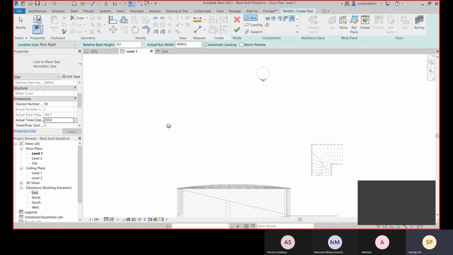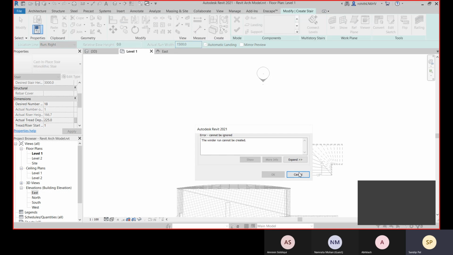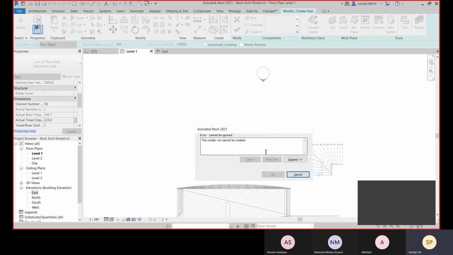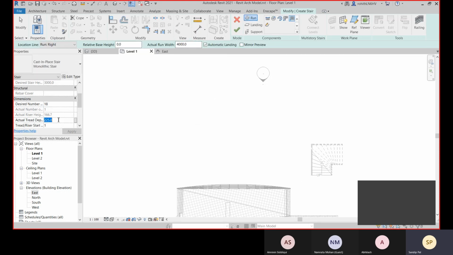Yeah, so these are the problems we are facing because the shape is already defined. So here let's go with 280, or let's change it to 1500. Yeah, these are the problems we are facing. Here we have to make it 250 and let's see.